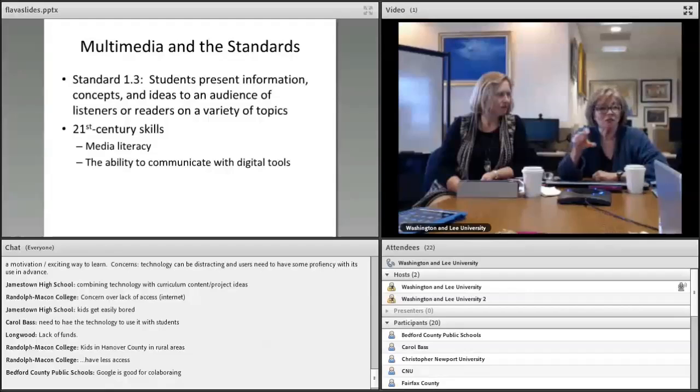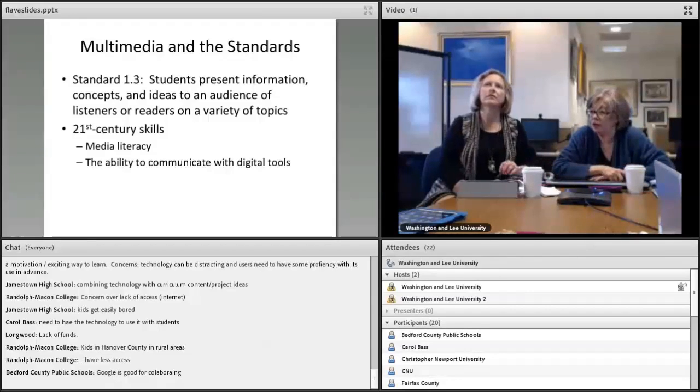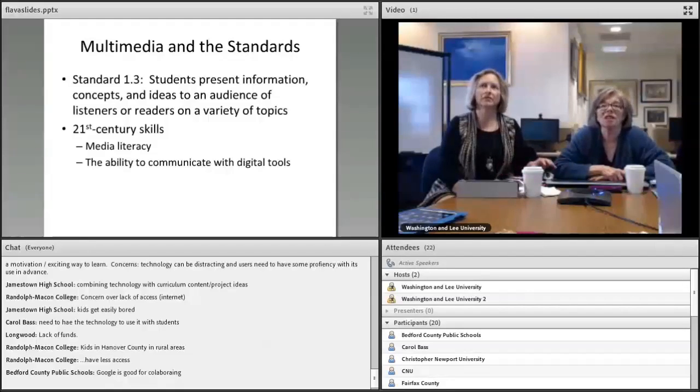The images alone convey a message. So knowing what those messages are conveying becomes important when you're trying to tell somebody something else about that period. So that's media literacy. And then the ability to communicate with digital tools is equally important.